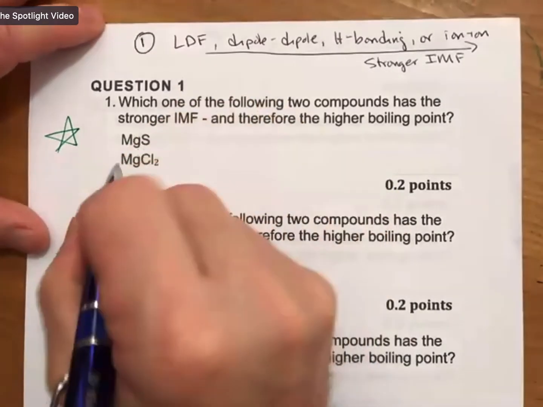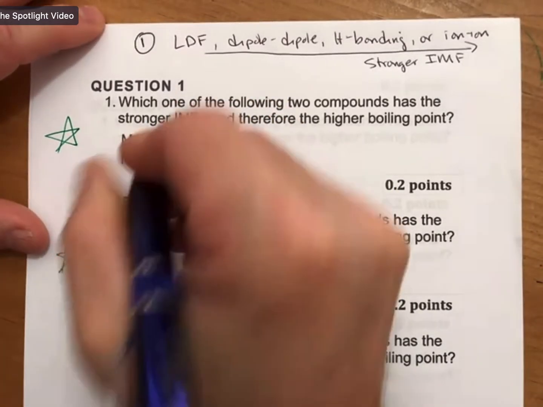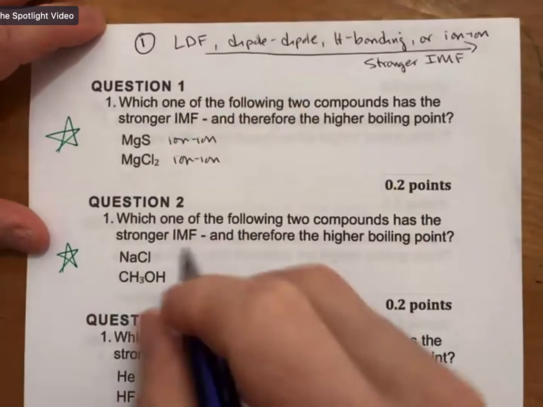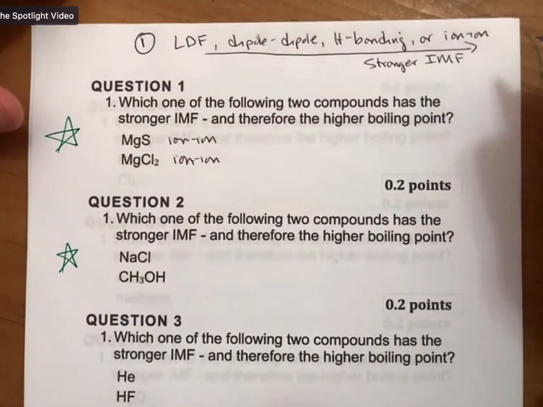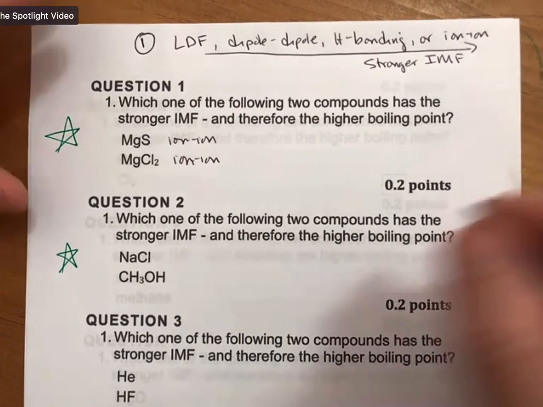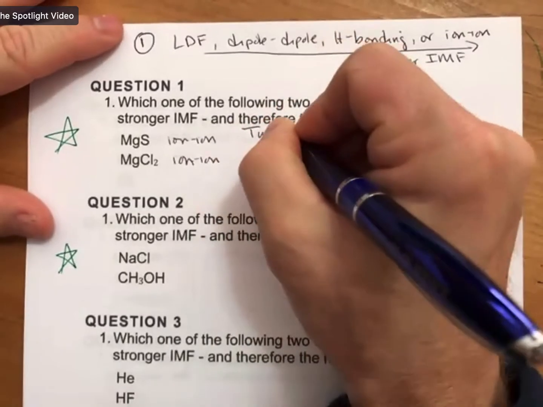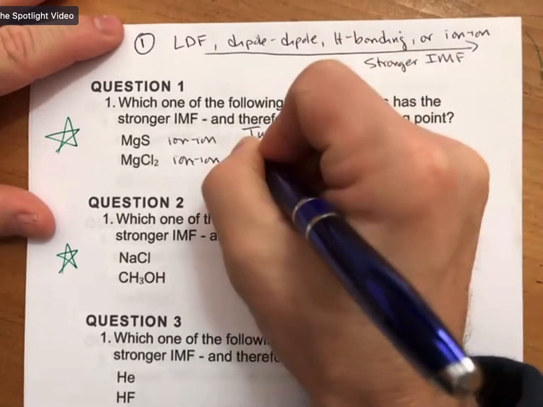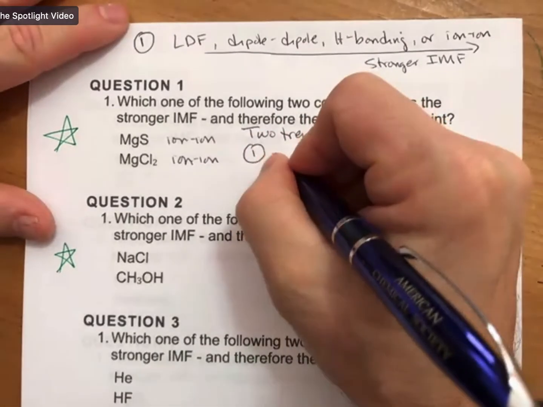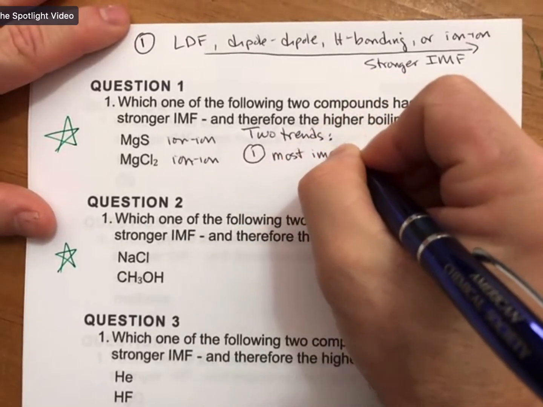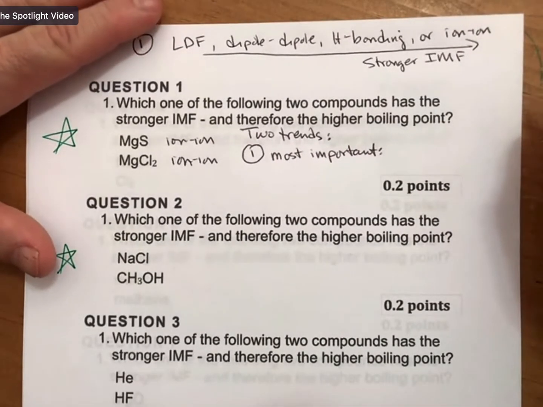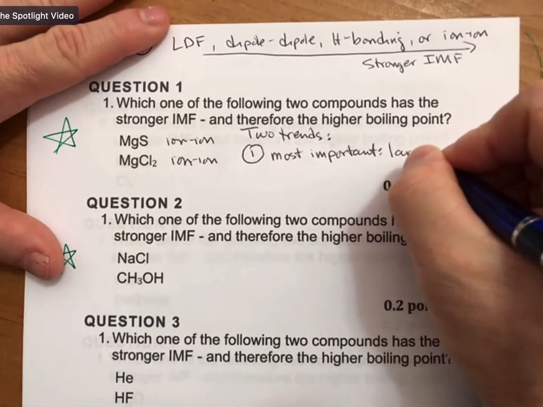So our first thought is both of these have metals in them. Both of these have ion-ion forces. And if they both have ion-ion forces, then you have to talk about the trends. And there are two trends in ion-ion forces. The first and most important is the product of charges. So the larger product of charges